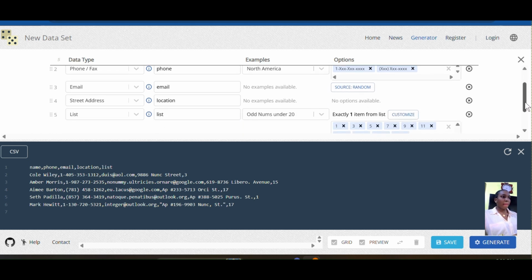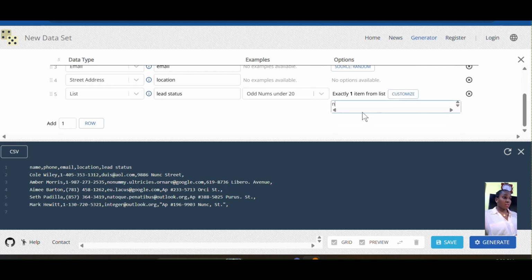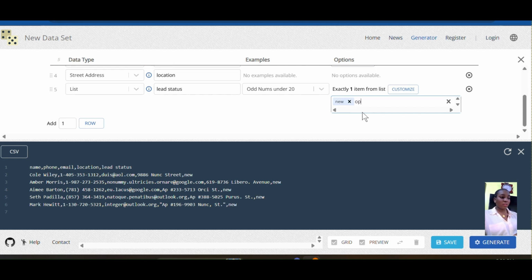and what else do we have? The list should be the lead status, and I'm going to clear all these options to say new, which are the values we have on the lead status field. Say new or open, and it should work with this. And then I'm going to add one more,